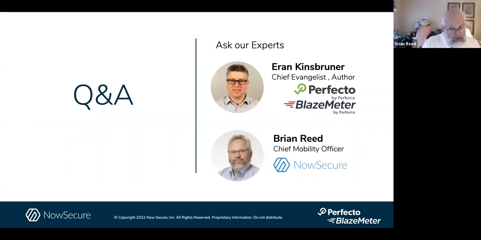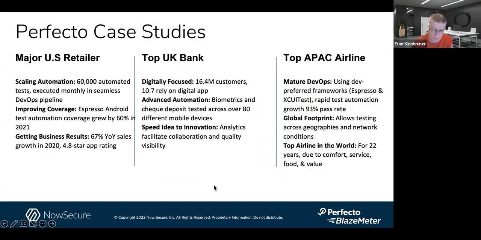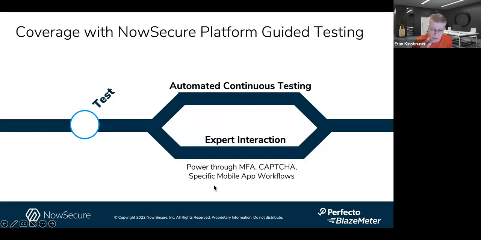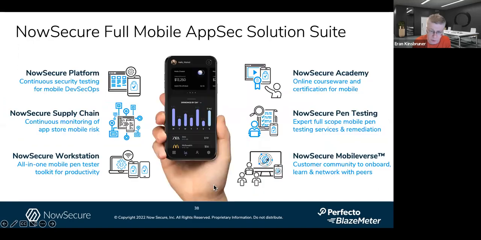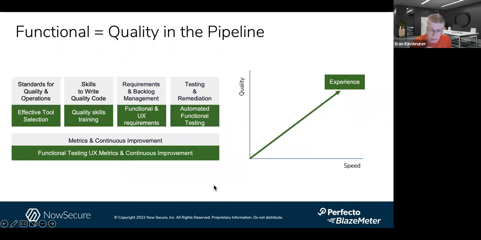As I have a look at the Q&A, remember, you can use that to ask Eran and me questions. I'm going to go with the first question here, which is, how should we balance manual exploratory and automated testing within a given sprint? And I'll steer that to you, Eran. That's a great question. If you go back to the slide about the ocean of testing, everything changes every sprint, right? Because you either have new requirements coming from the product, you have market events that are happening, a new release of an iOS or an Android.